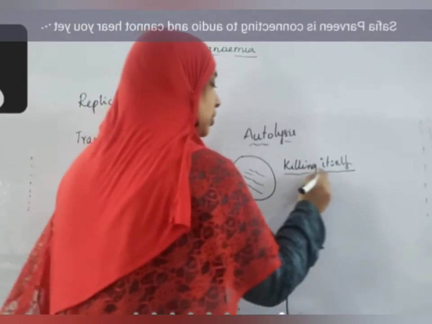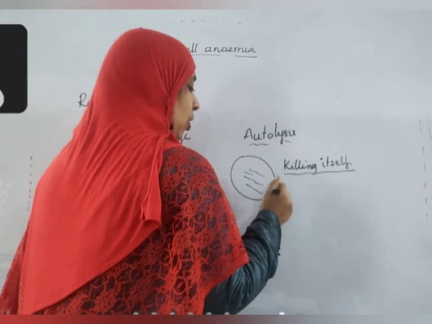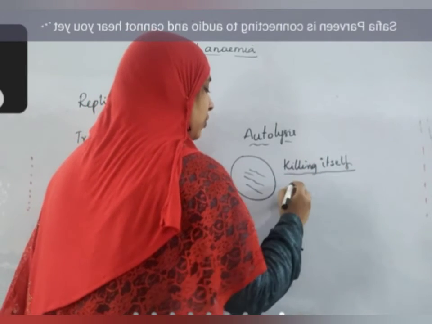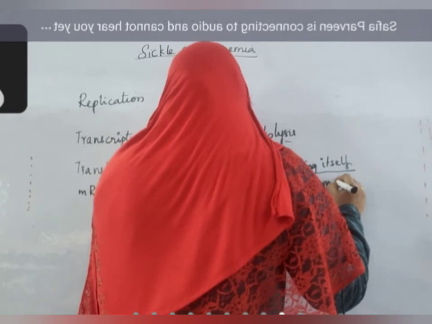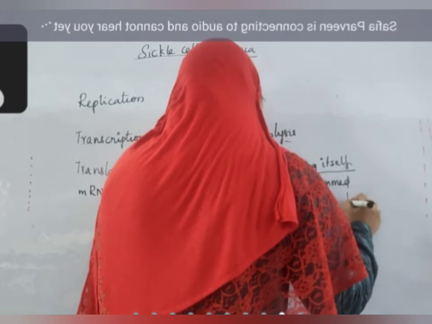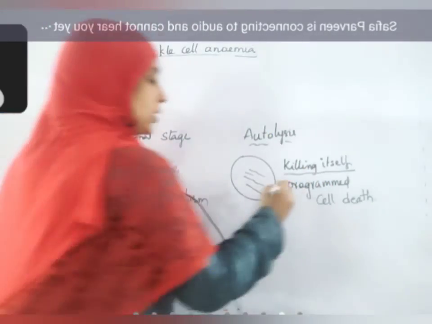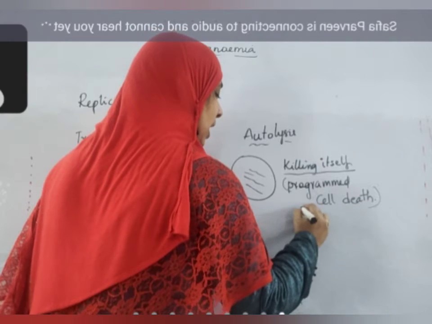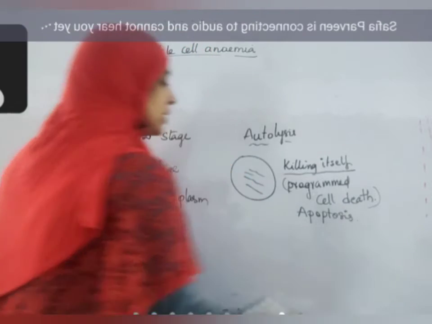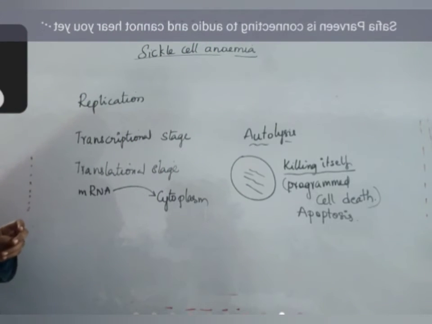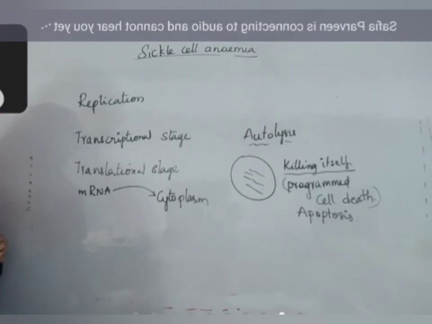After that, we'll have one topic on cancer cells. When we discuss diseases, at that time I'll tell you what happens, but there will be a sequence of events called programmed cell death. The process of programmed cell death is called apoptosis. Apoptosis is programmed cell death. Okay, we'll discuss in detail when we discuss cancer.